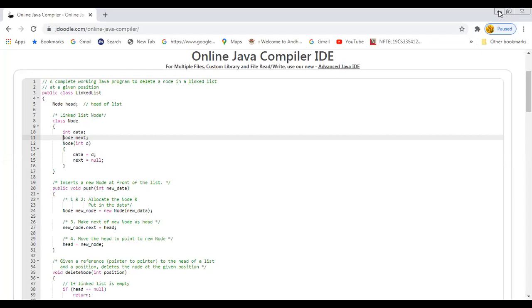Now, I'll show you the hierarchy of the collection framework of Java. You can see Iterable is the root.